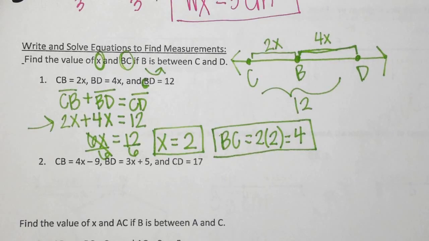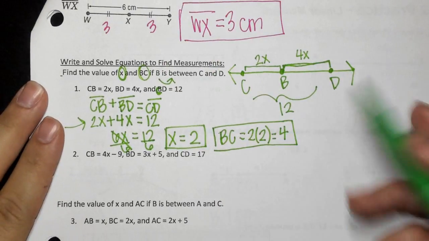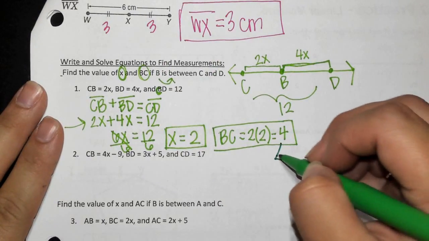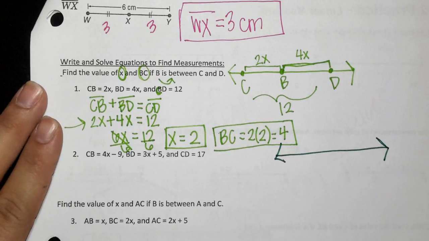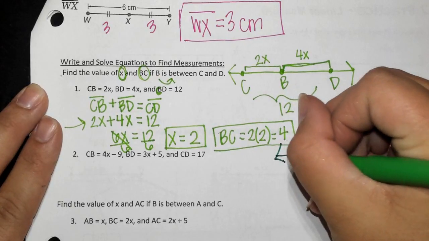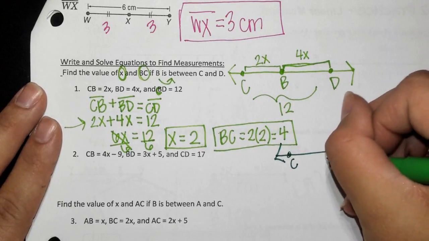All right. This is the last thing we're learning, okay? So we're just going to keep practicing. So let's do number 2. We're using the same setup, okay? But let's redraw our line so you can rewrite the new numbers. So same setup,